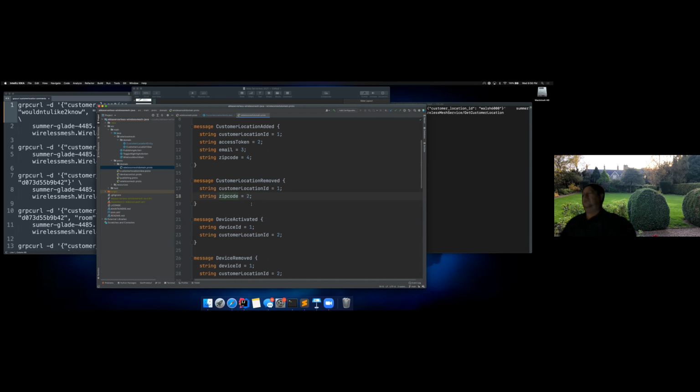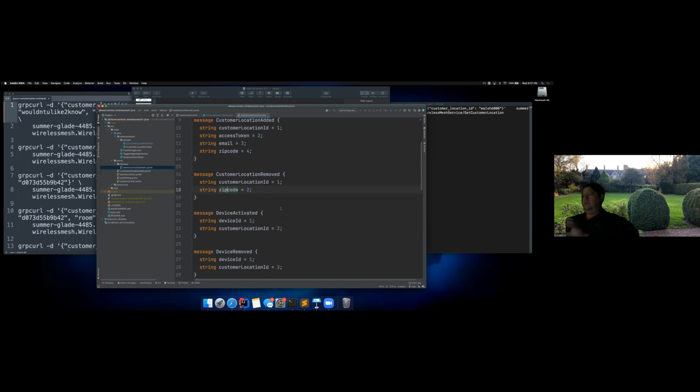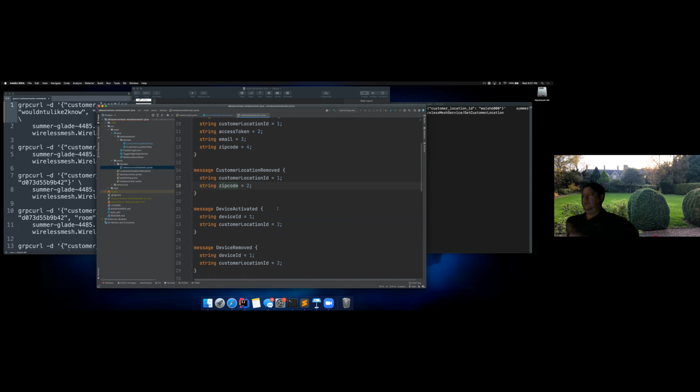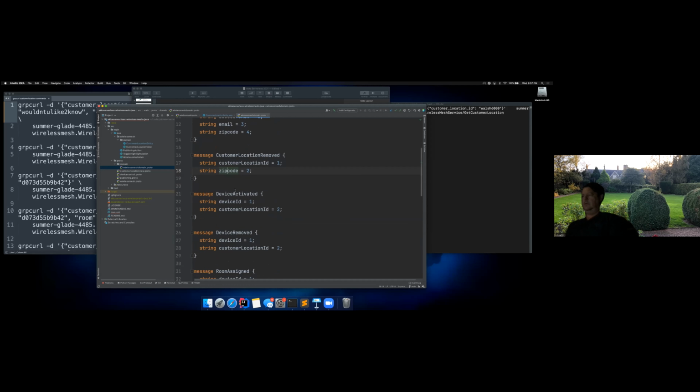But in any case, these events are really pretty small, only centering around what has actually happened to the customer location, rather than just putting every single attribute every single time, which is not really a thoughtful event design. And then I mentioned state,